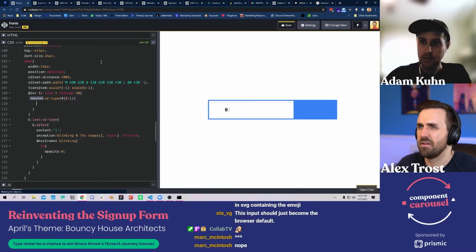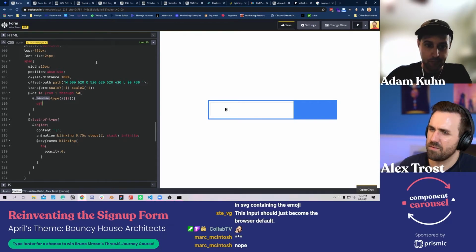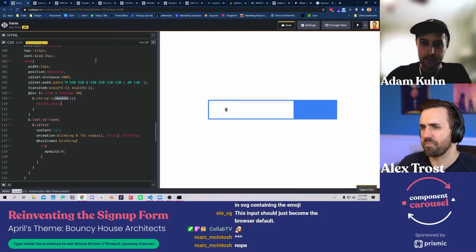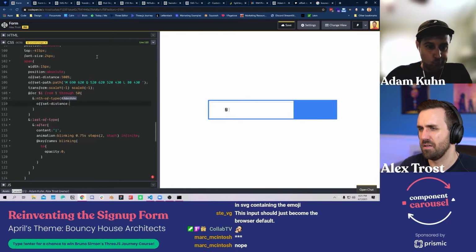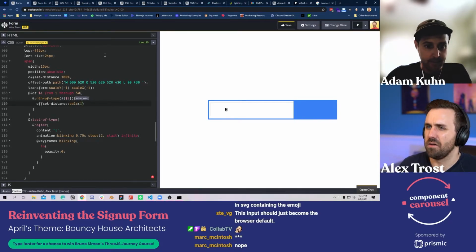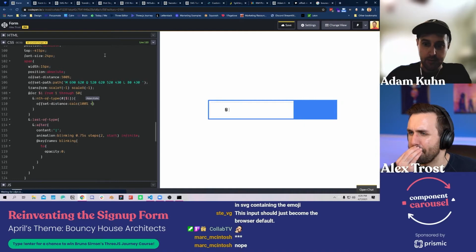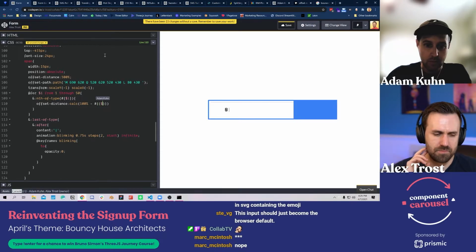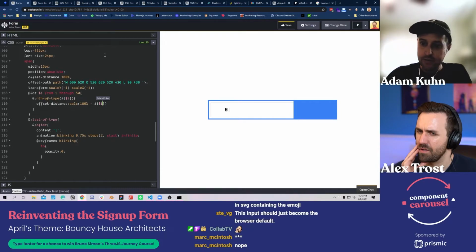Let's say offset distance, and do a little calc action here. Or we could probably just do it all inside a Sass function. Is this for staggering the animation? This is for staggering the characters. You see how they're all piled up on each other, so we need to, okay, got it.